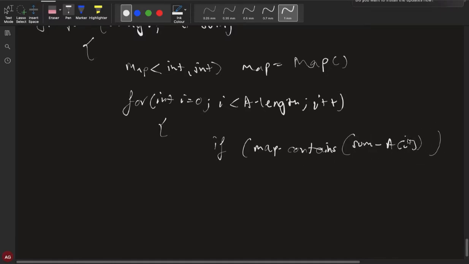So we have a[i] as the current element, and what we want is that some element equal to sum minus a[i] should exist in the array to return the output, right? To return the output as true or the pair found, right?